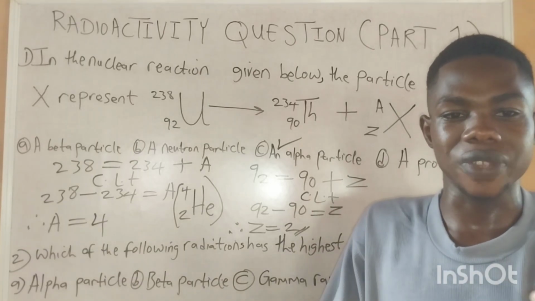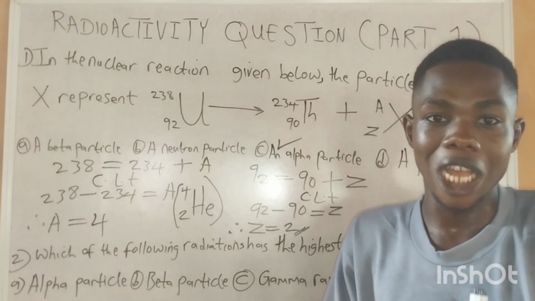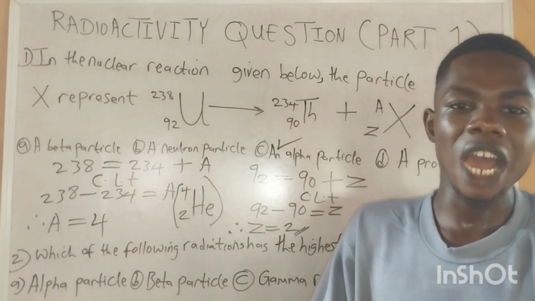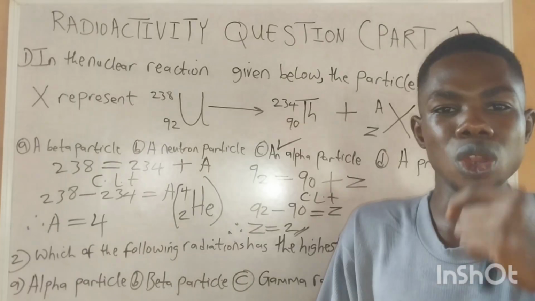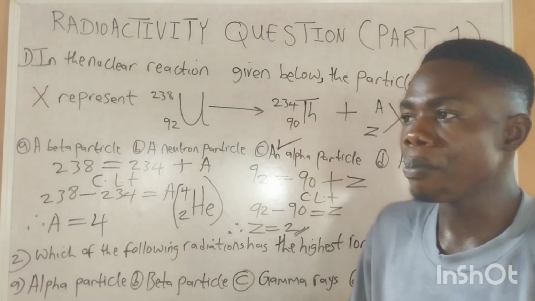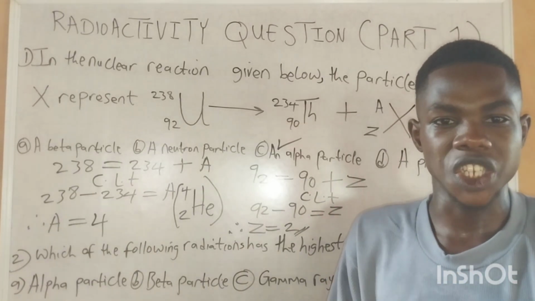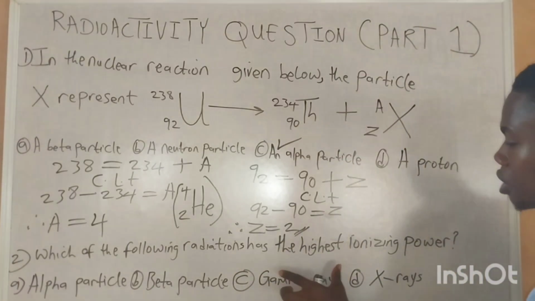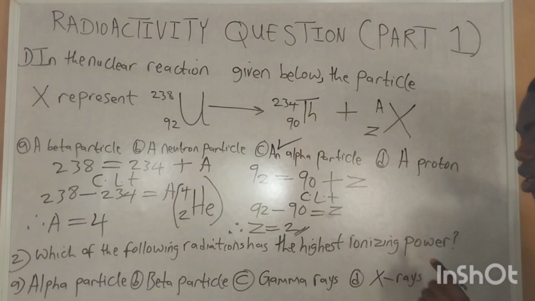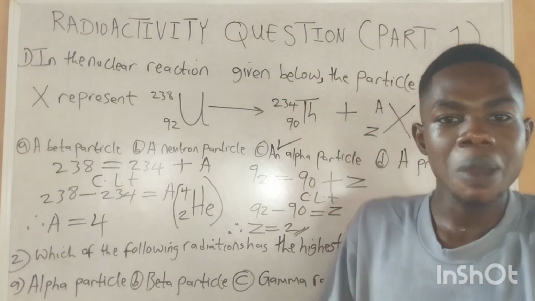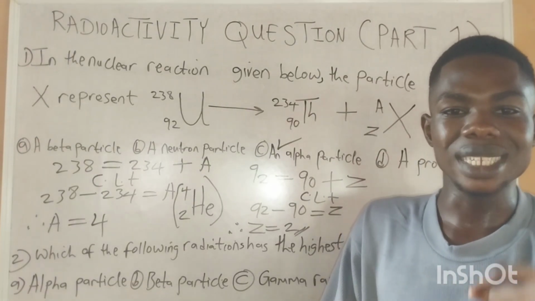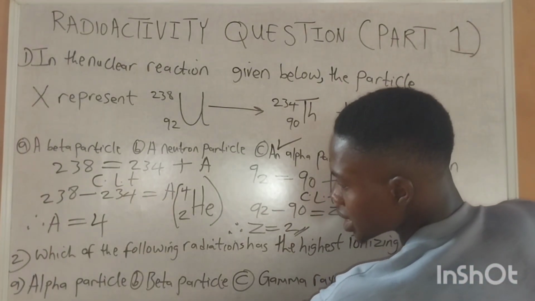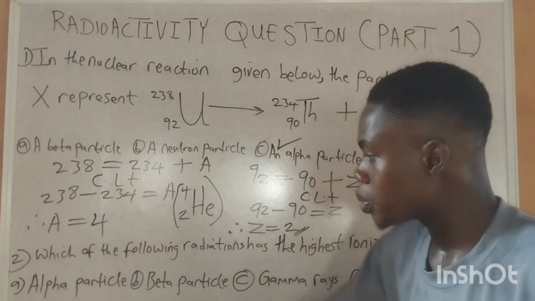Another characteristic of the alpha ray or particle, because you can call them ray or particle, is that they have the lowest penetrating ability among the three types of major radiation. But we're not talking about penetrating ability right now. The major focus for this question is ionizing power. In terms of ionizing power, the alpha particle or alpha ray has the highest ionizing power. If you look at the options very well, option A says alpha particle,